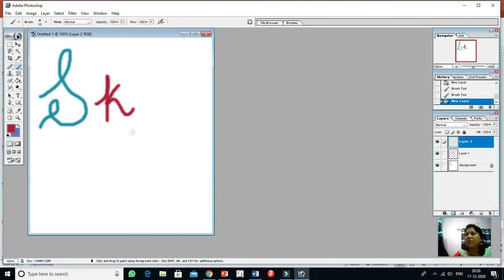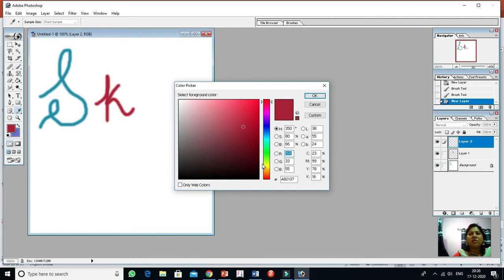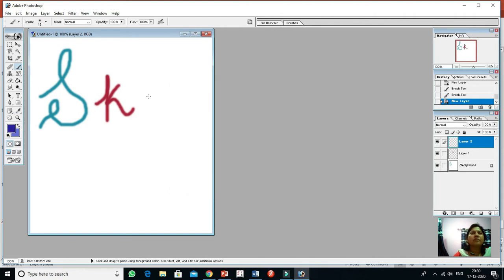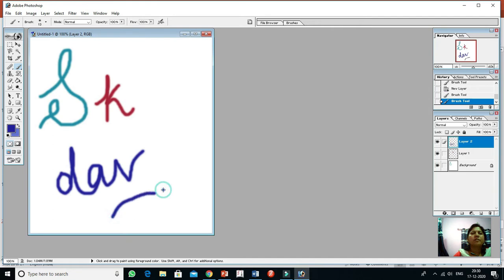You can change the layer name also. So again I am changing the color. Clear?